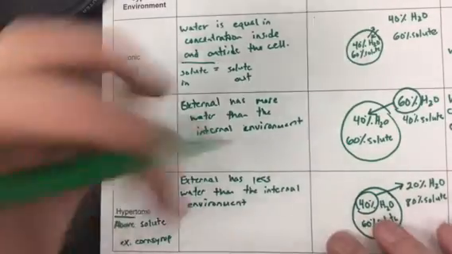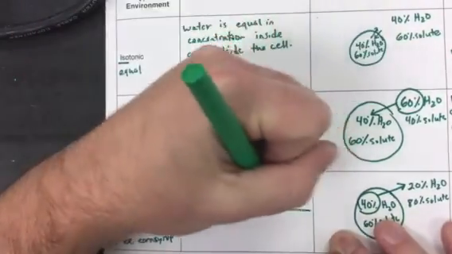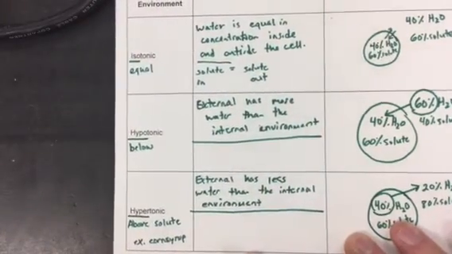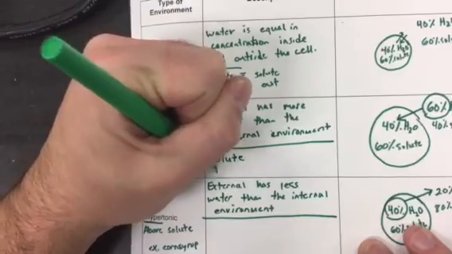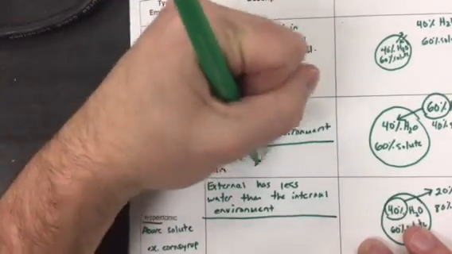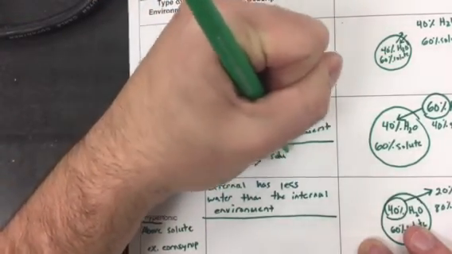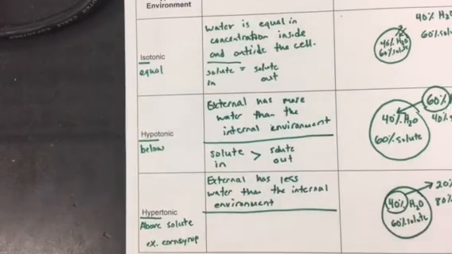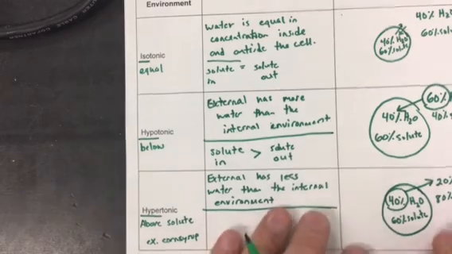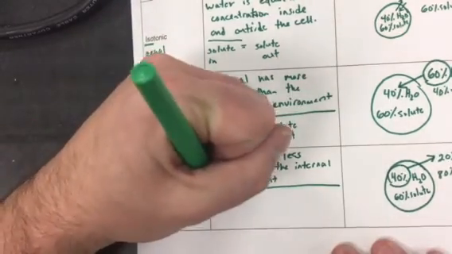One more thing I want to add. Let's go back over here to the sides just so you have it. Okay? In the hypotonic, the solute inside is greater than the solute outside. And in the hypertonic,